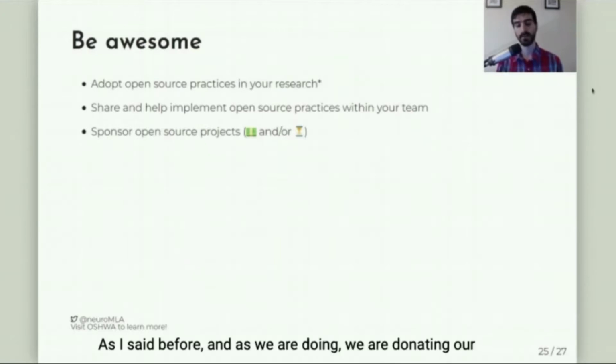As I said before, and as we are doing, we are donating our time because we believe this cause is quite important for the development of not only neuroscience but science in general. So both your funds and your time will be highly appreciated.